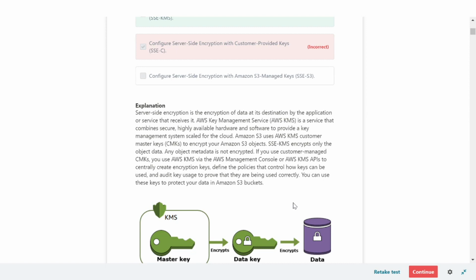Amazon S3 uses the AWS KMS Customer Master Key to encrypt your Amazon S3 objects. SSE-KMS encrypts only the object data. Any object metadata is not encrypted. If you use customer managed CMKs, you use AWS KMS via the AWS Management Console or AWS KMS API